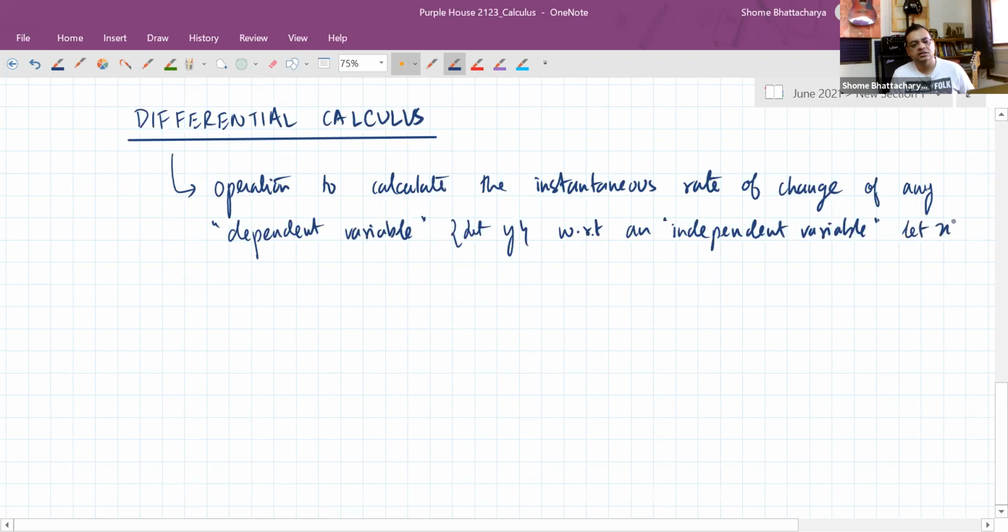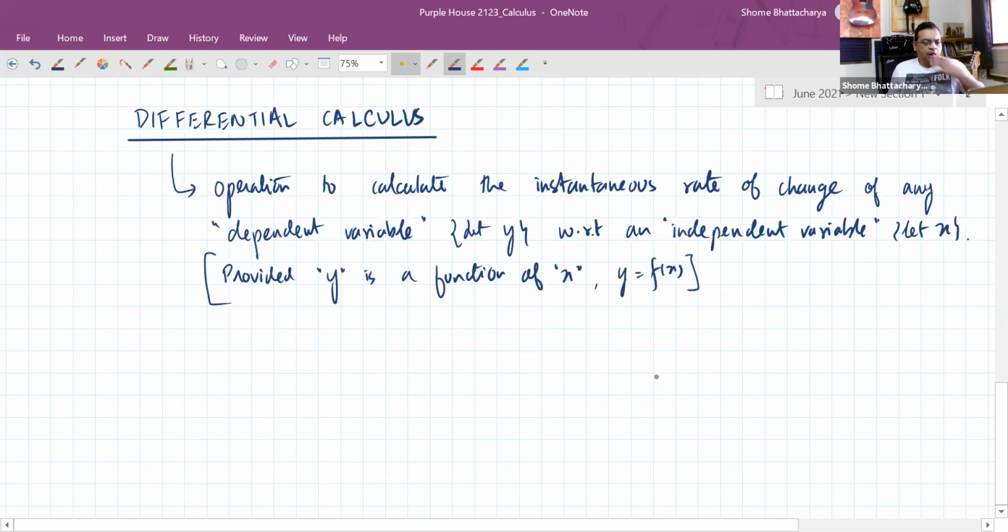Let's say x. Provided, of course, y is a function of x. That is, there's a relationship between y and x through some kind of mathematical definition, which we call a function. So provided we have two variables, one the independent variable x and the other the dependent variable y, related to